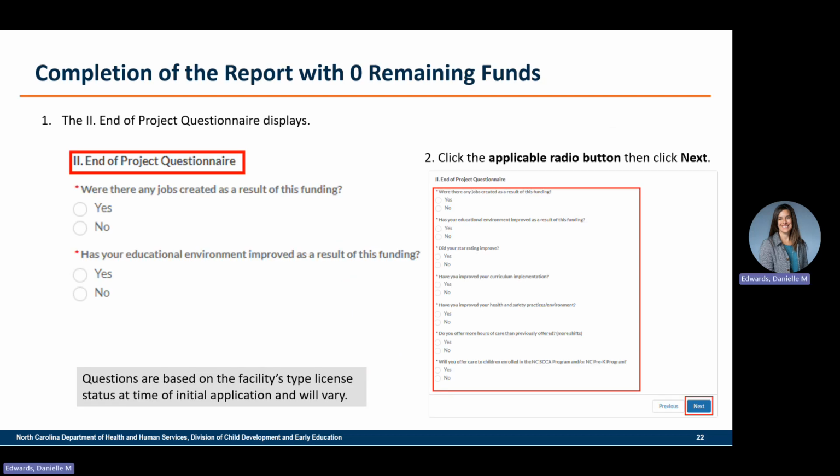Now, if you complete the report and you have spent all your funds for your grant, you will get another questionnaire called the end of the project questionnaire. And you will answer these last remaining questions. It's just a few questions asking you about the total project. And the questions will vary based on your facility type at the time of application.